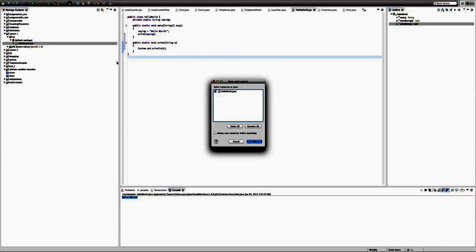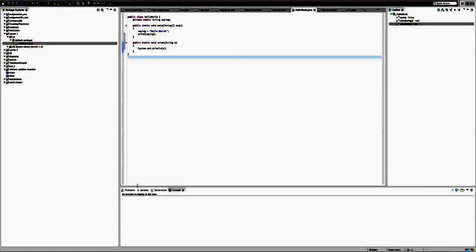Now, as I said before, in order to put anything in a static method, which is main, you have to have the method static to work, or else you will have an error like I just had. So we can compile it and run it, and it'll do the exact same thing. But this time we made it a little bit easier, so we can say stuff like print goodbye, print this is cool,